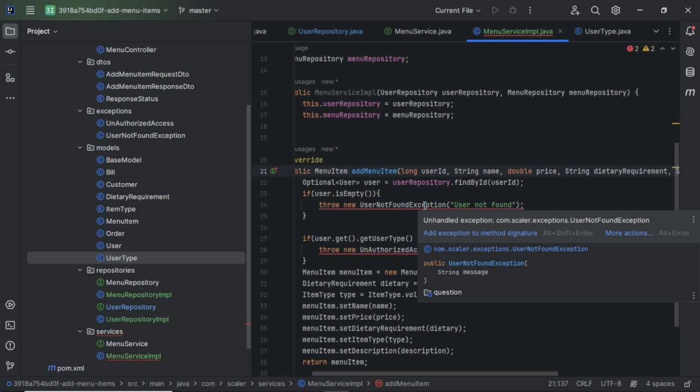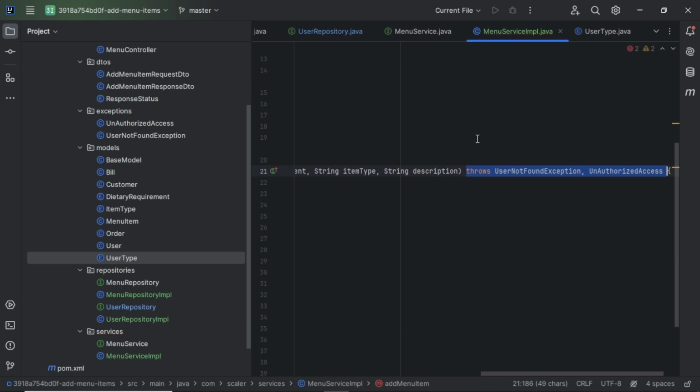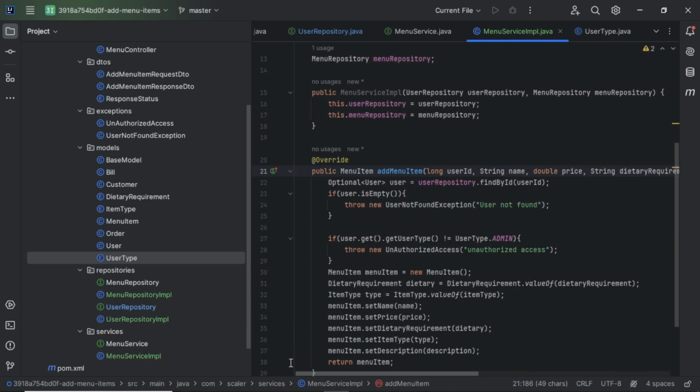Normally we will not catch any error inside of the services. We are just catching all the errors in the top level component. And what is the top level component? That is the controller. There we will use the try catch and we will consume both exceptions. Okay, so I'm just keeping it here. So now I'm throwing from here.